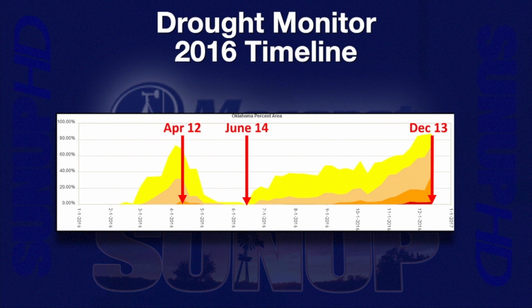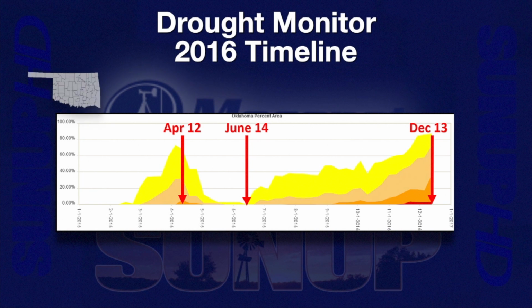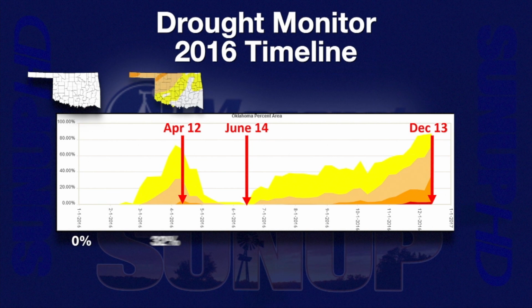Now, looking at the drought monitor, we have this map for 2016. This shows the percent coverage of drought across the state throughout the year. Ignore the yellows. Those aren't drought. Those are simply abnormally dry conditions. So it's the browns and the reds that we're looking at. As you can see, we started out the year with a lovely 0% of drought. We did start the year out dry, though, for a few months, and we ended up with 32% of the